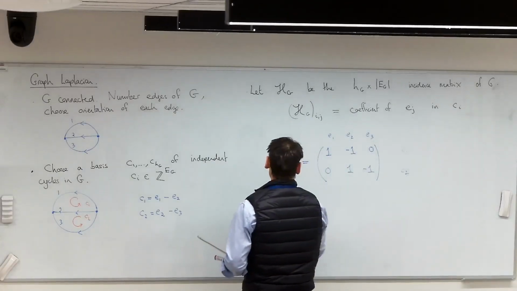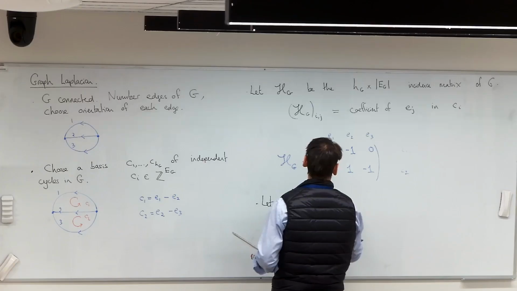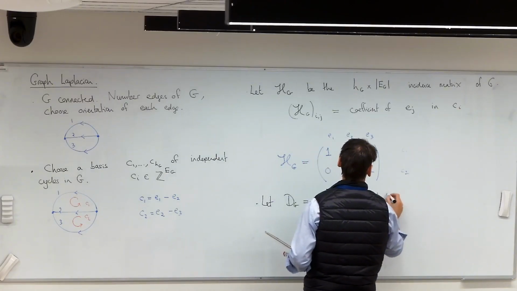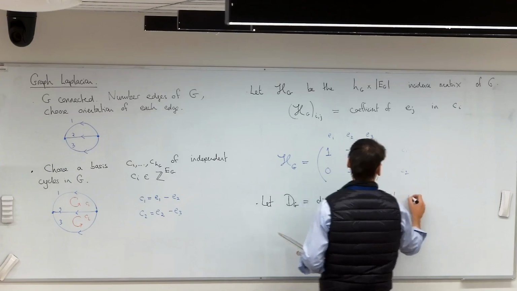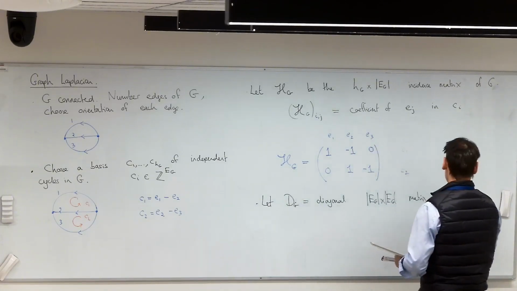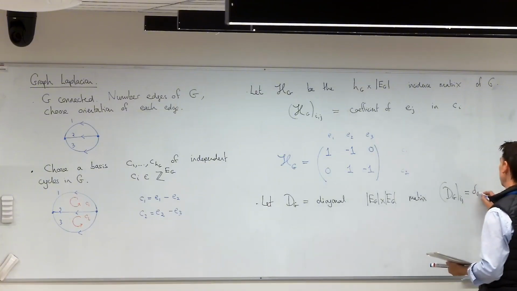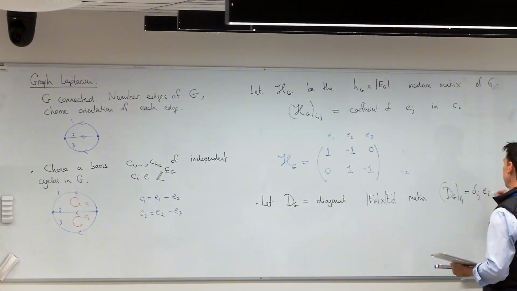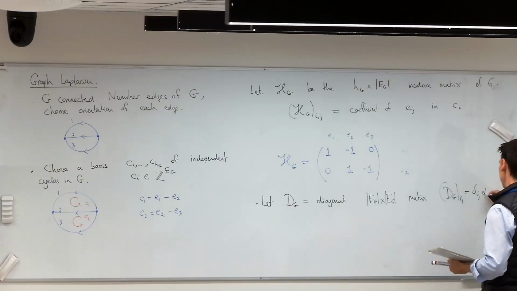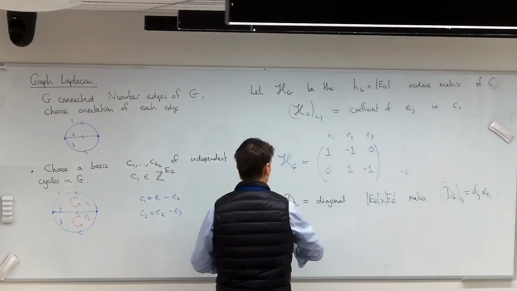Now we let D_G equal the diagonal square matrix where D_G ij is the Kronecker delta ij times alpha_i. So in this example we have